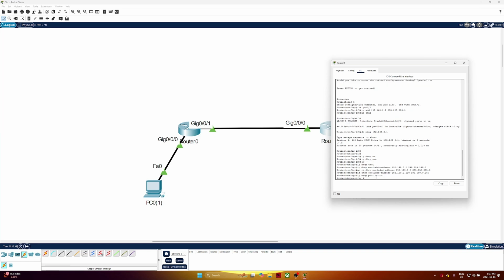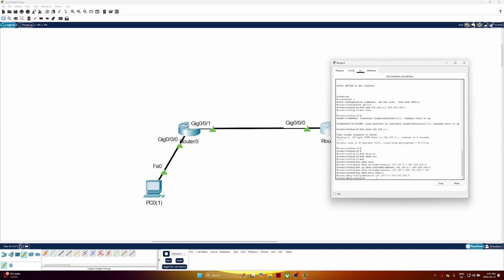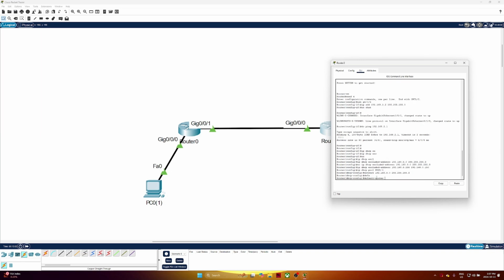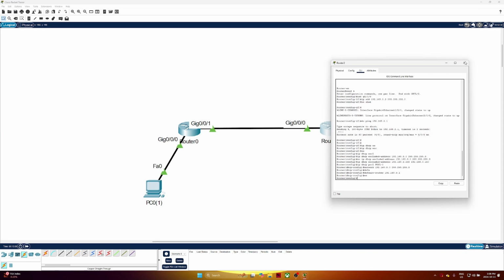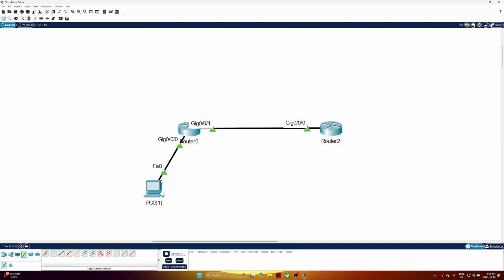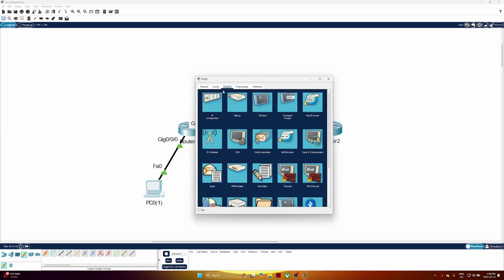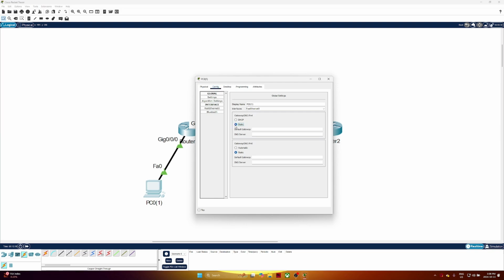IP DHCP pool, underscore pool 1, network 192.168.0.1, 255.255.255.0. Network command, I did it again wrong. Default router, I'm going to say 192.168.0.1. Okay, so now we have configured our server, but the one thing that we're missing is